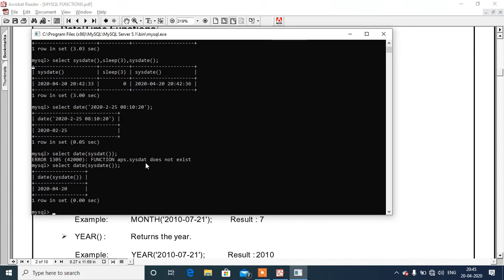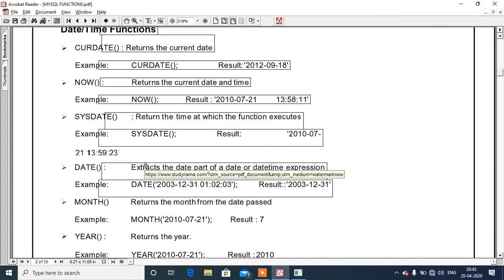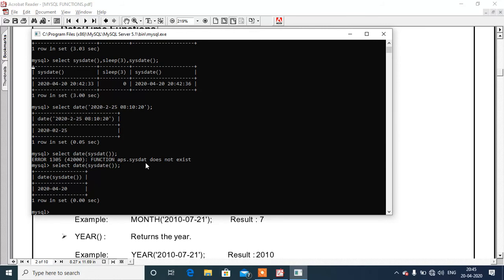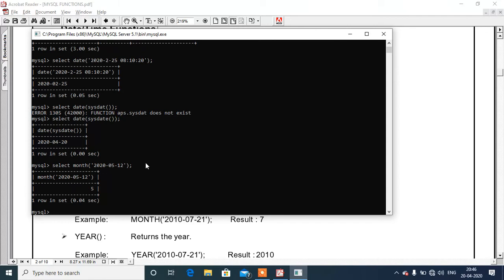Now the next thing is the month function. The month function returns the month part of the date value passed. If we write select month in brackets in quotes 2020-05-12, you can see 5 is the month part.